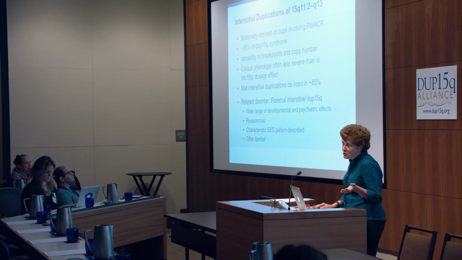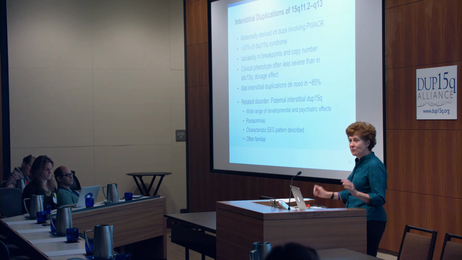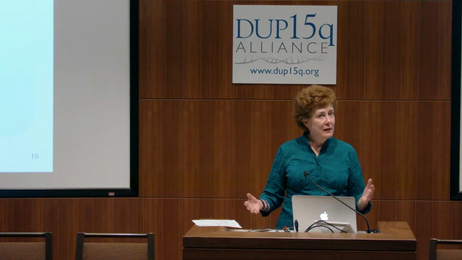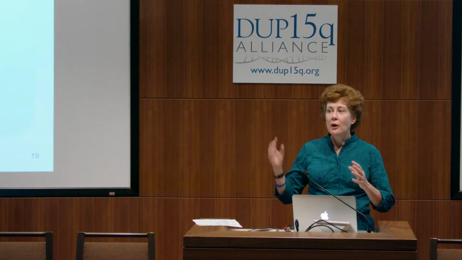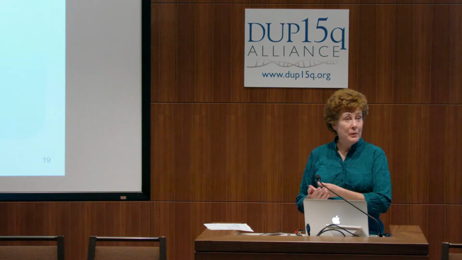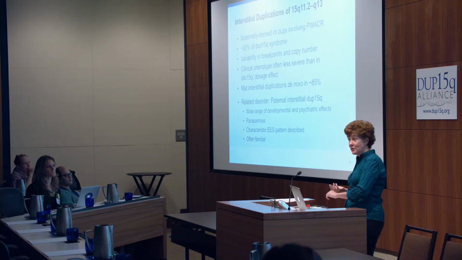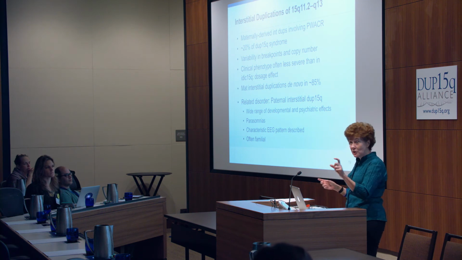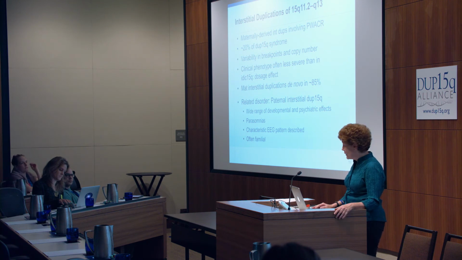So I think it's important, and maybe it's just because I'm a genetic counselor, to go through this stuff, especially for researchers who might be thinking about clinical research. Because what I've seen, not necessarily in DUP15, but now as we have other copy number variants, sometimes clinical researchers are lumping deletions and duplications, for example, of certain CNVs together and sort of trying to phenotype them. And they may be, deletions and duplications are very different disorders. Well, within this it is even more complicated because is it maternal, is it paternal, is it interstitial, is it isodicentric? So some lumping is possible, but you want to be aware when you're lumping and be able to do your analyses and sort out the various types, because there really could be differences based on dosage and copy number and parent of origin.